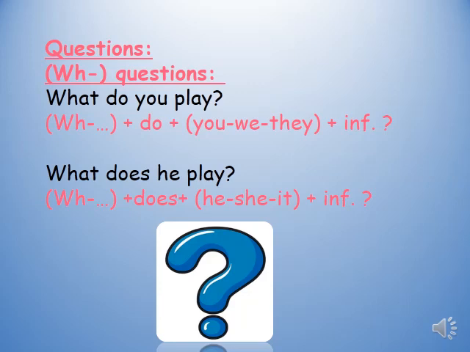Okay, my star. Now we have come to the end of our lesson today. We talked about the present simple, when I use it, yes, with habits, repeated actions, and facts, how I make a negative, how can I make a question, and the two types of questions, which are yes no questions and WH questions.